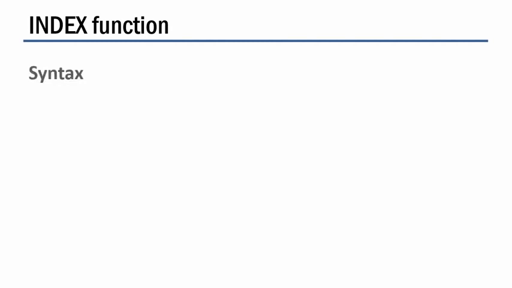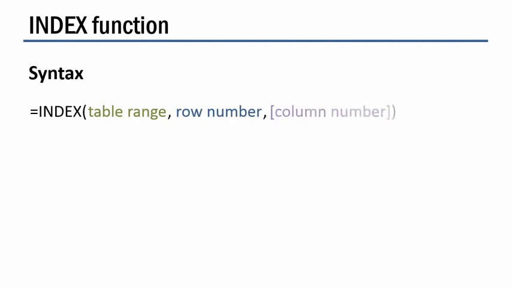So let's take a brief look at the syntax of the index function. We say equals index, open the parenthesis. First argument is the table range or data range. Again, it's the entire table that we've been looking at. Put in a comma, and then you have the row number, put in a comma, and then optionally the column number. Now, this is a little weird because the official documentation tells us that column number is optional,